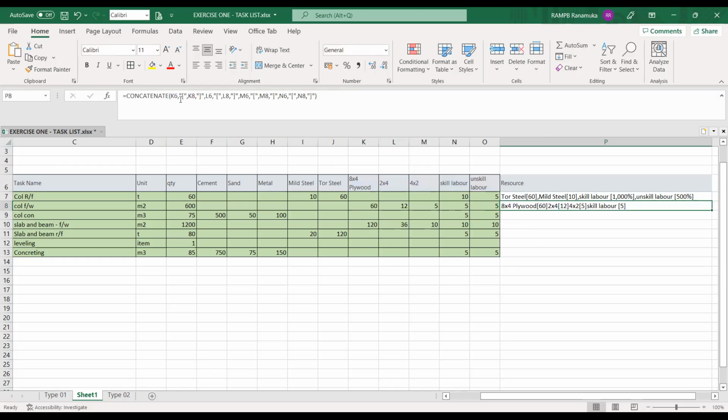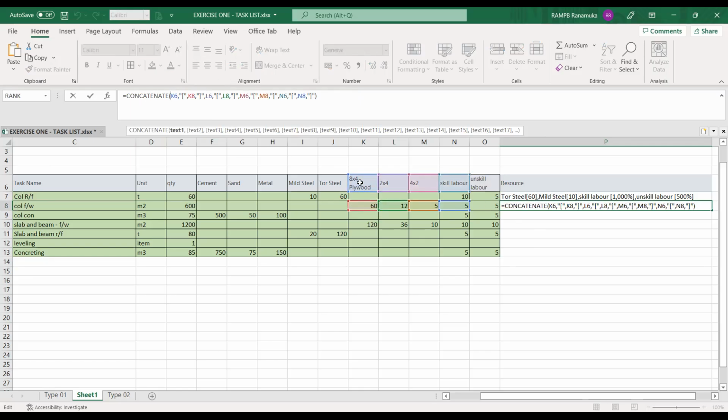So in this manner, just enter and complete this. Like I think you can easily do that. Just select that first column and the plywood and the linking column. And same as we have to do this for all these items at once. Then what we have to do, just